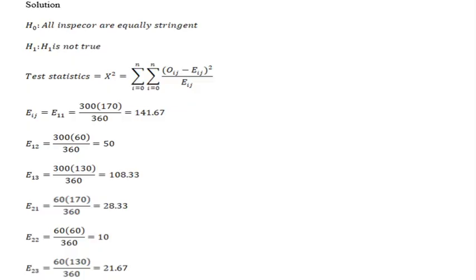If you see from here, for E11 we have row 1 column 1, then row 1 column 2, then row 1 column 3. The row 1 total is 300, then column 1 is 170, column 2 is 60 for E12, and for E13 it is 130, row 1 column 3. Then after estimating this,